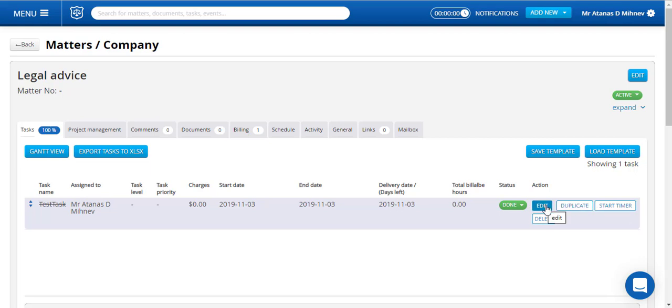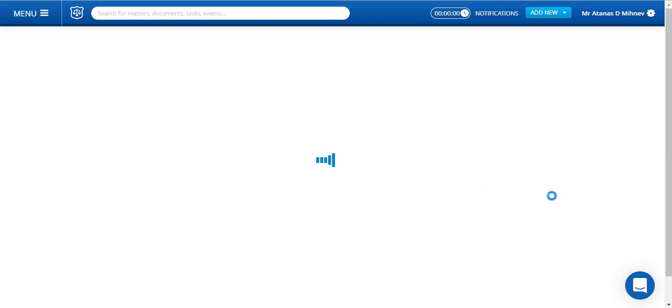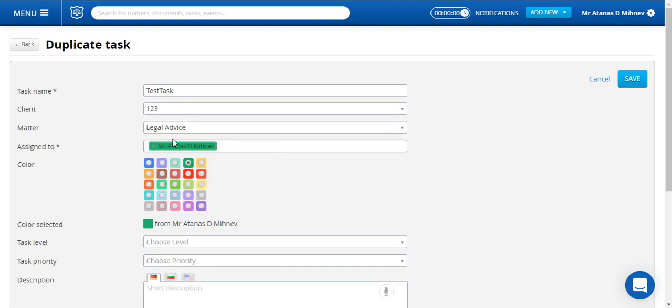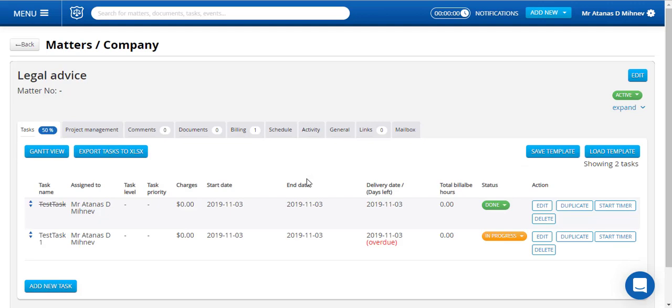Once you go into the duplicate button, of course, you'll be able to create a copy of your task and assign it to the same or a different matter. For the purpose of this, I'm going to demonstrate how it works in the same client. So when I click save, it's going to be the very same task, but now appearing as a new task